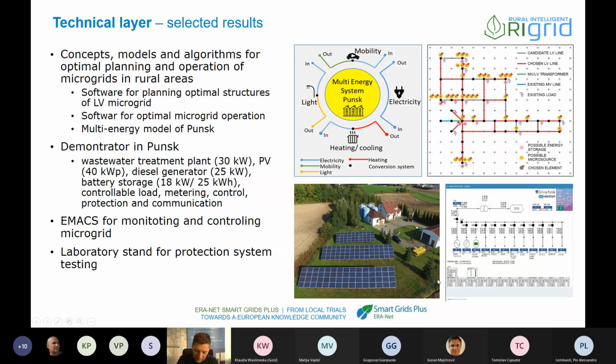And as you can see on the left bottom pictures, we have developed a demonstrator there. There was a water treatment plant, which was included in the demonstrator, having PV solar panels of 40 kilowatt peak. And we have installed a battery storage system there of 18 kilowatt and 25 kilowatt hours, and connected this all with communication in order to make, let's say, the